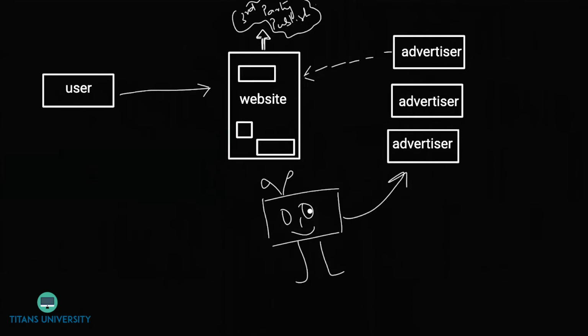Google says, let me put some ad units on your website because users coming to this page may find this interesting. Similarly, these advertisers' ads will also go on the third-party site that you are browsing. So as a user, you come to this website. If you are interested in this ad, you click on it, and this advertiser pays $1, for example. Similarly, you find another ad interesting, it leads to the second advertiser's website, and maybe this advertiser pays $2 per click.